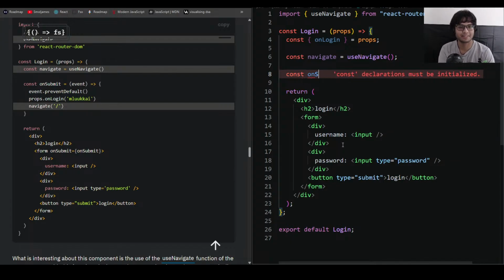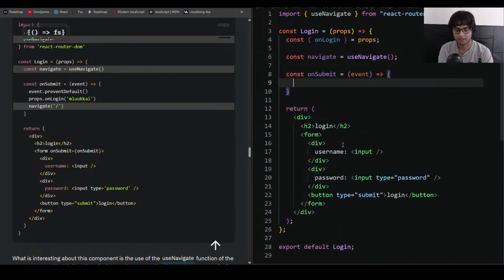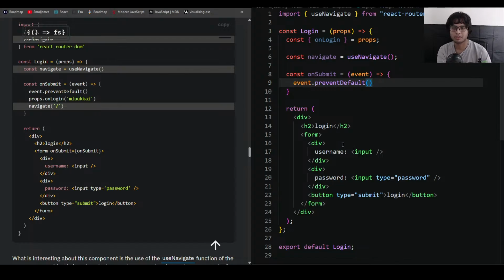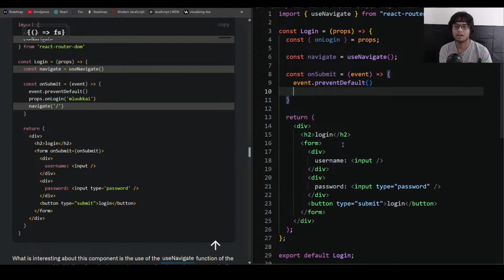So on submit, that's the event. On submit, that's gonna happen. We're gonna do event.preventDefault. What's the default? Action, whatever. It does something default. I think I know it. Cannot explain though. props.login